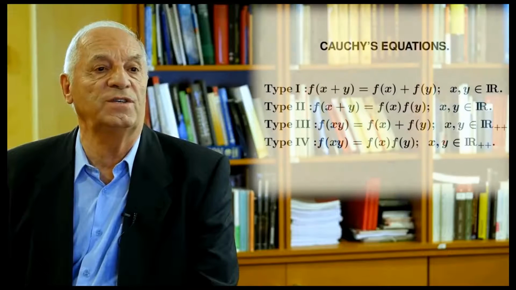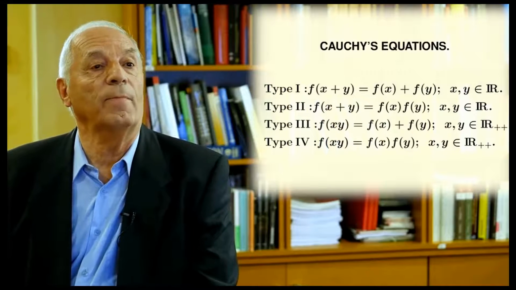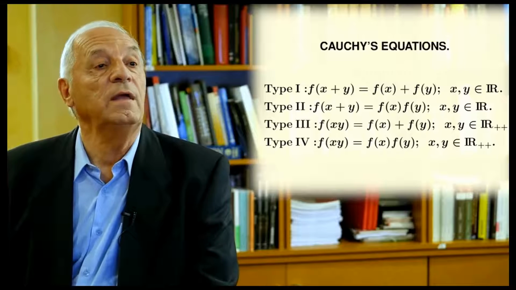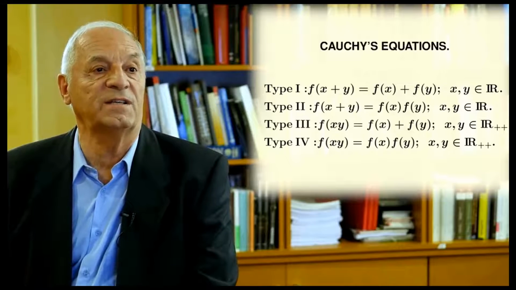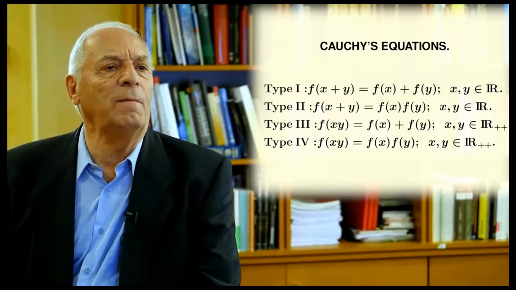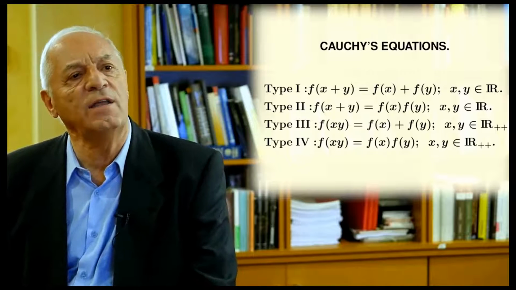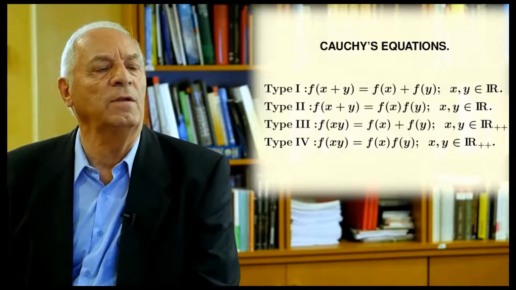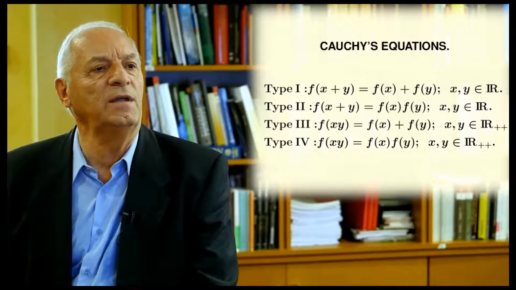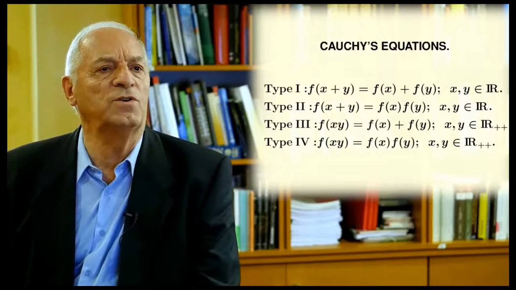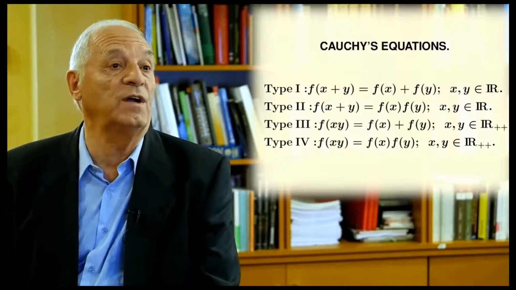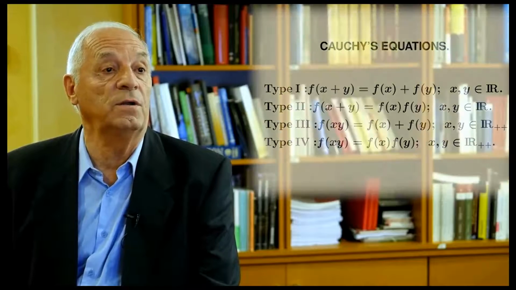Next, I want to write here four very important equations, which are the Cauchy equations. These equations are those that you have there, and the first one is f of x plus y is equal to f of x plus f of y. And then we play with the plus on one side or the other and change it by a product, and combining this, we get the four Cauchy equations, whose solutions are very well known, and you can use them when you meet these equations.